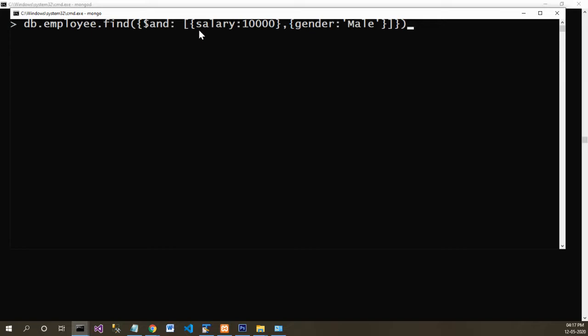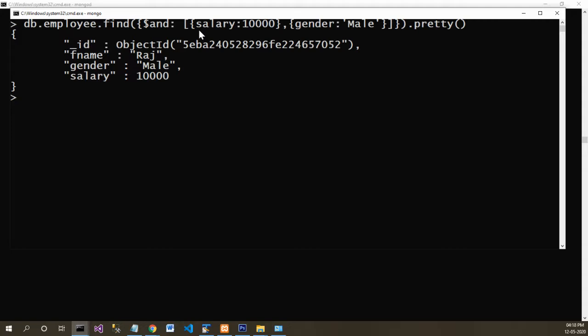In order to see the record in an organized manner, let's go for pretty and see the record. So we have a single employee having salary 10,000 and gender as male. So this is what the AND operator does. It checks both the conditions. If both conditions are satisfied, then only the data appears.